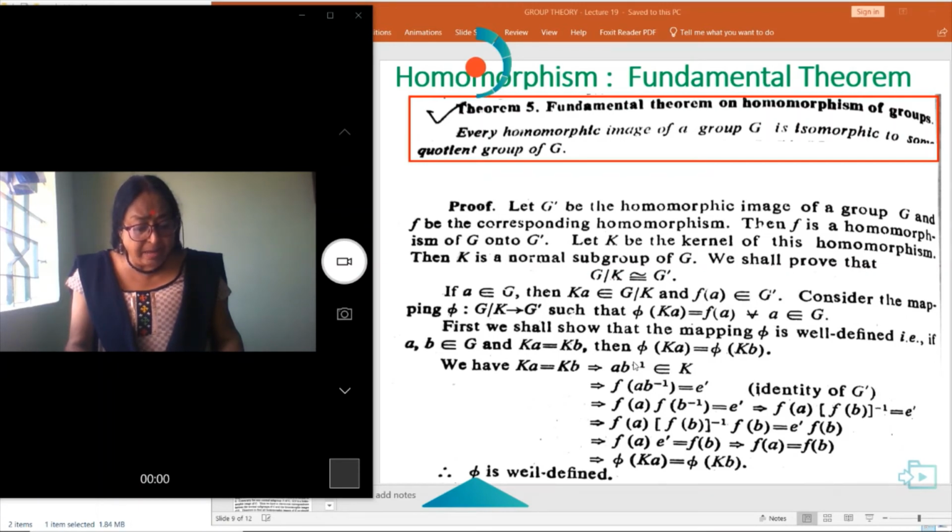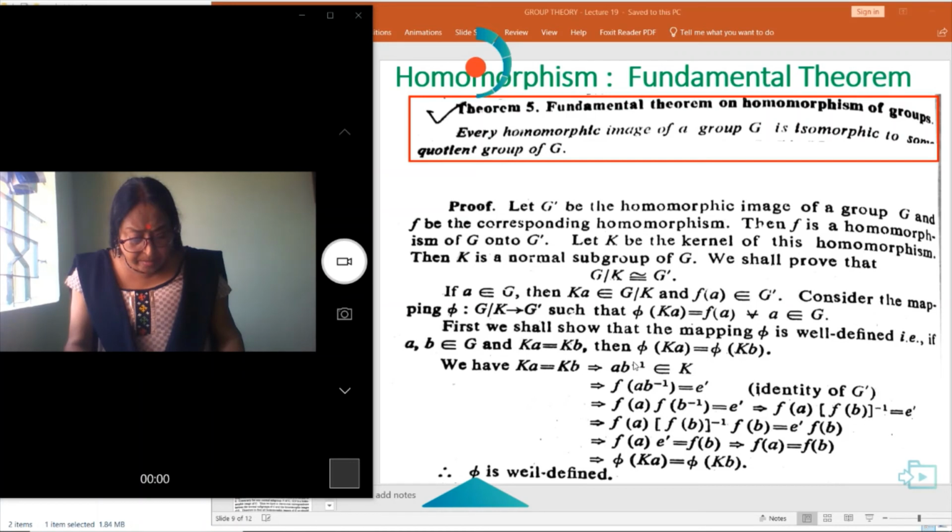This implies ab inverse belongs to K. This implies f(ab inverse) = e'. This implies f(a) f(b) inverse = e'. That is f(a) f(b)^-1